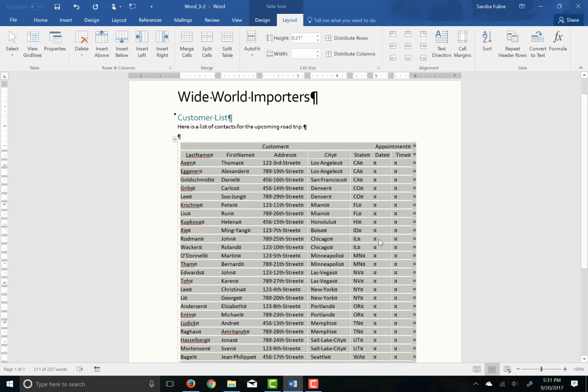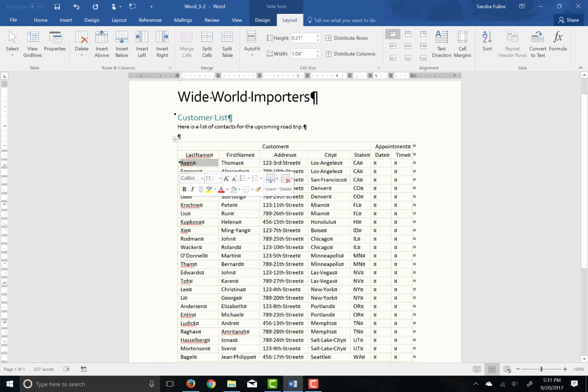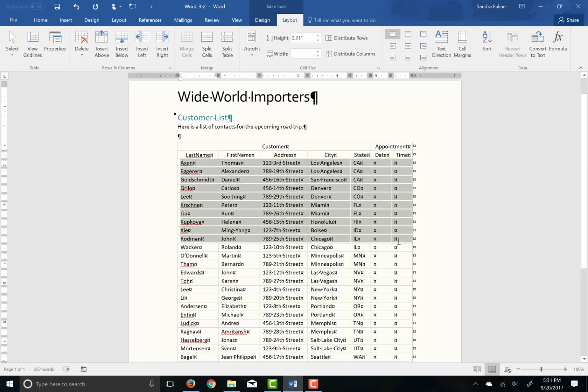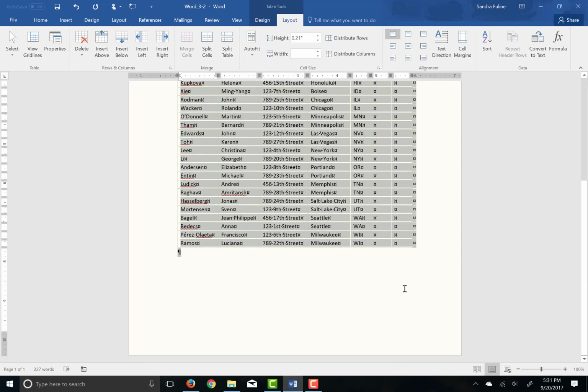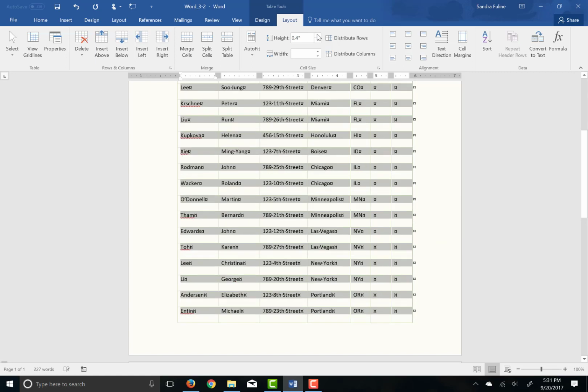Now it wants you to select the table rows that contain the customer information and set the height at 0.4. And what you're doing now is you're doing the information only, so not the first 2 rows. So you're going to select this information going down, and where it says height up here on the Layout tab, you're going to hit the up arrow twice to take it to 0.4. And the cell alignment